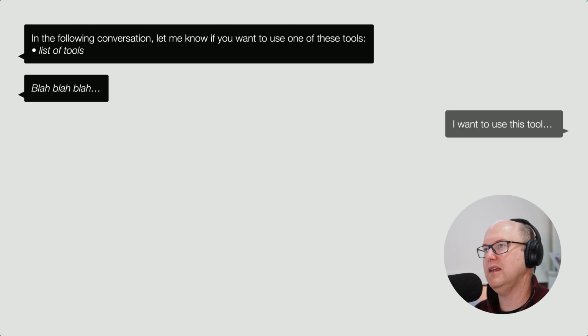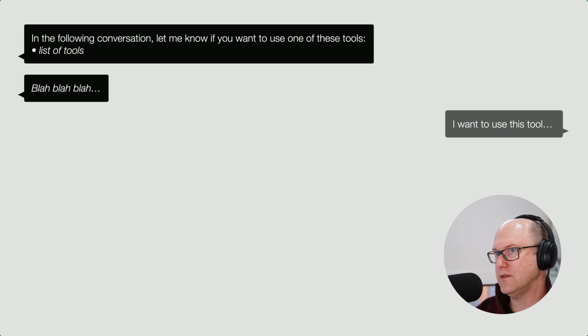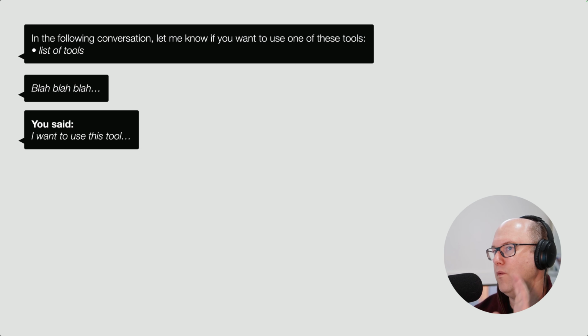Replaying this in our diagram of the conversation, we might start the conversation by saying, in the following conversation, let me know if you want to use one of these tools. And then we list all the tools that are available. Then we have the conversation. And at a certain point, the LLM may reply with, I want to use this tool. In which case, as usual, we record that as a message in the conversation.